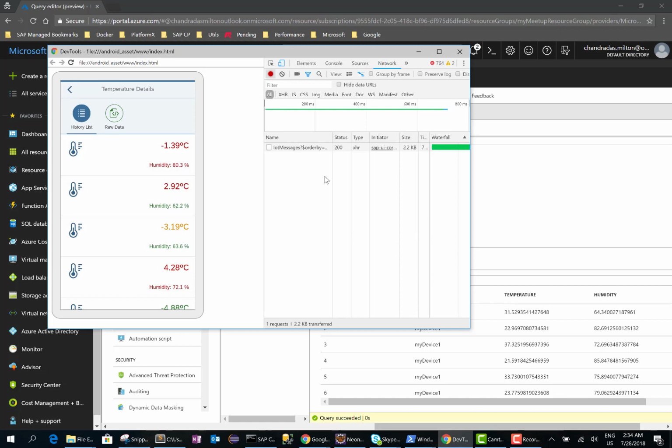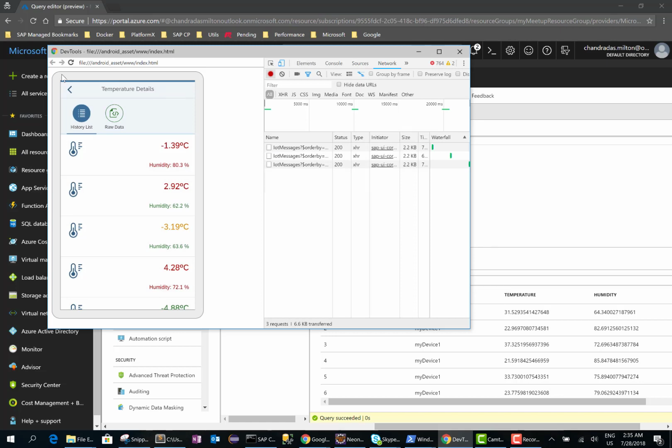So the way we do this is we have a REST service, an application written in .NET, so .NET Core Web APIs, that exposes this data as an OData service. And then we created this SAP UI5 app to run on the mobile device that displays